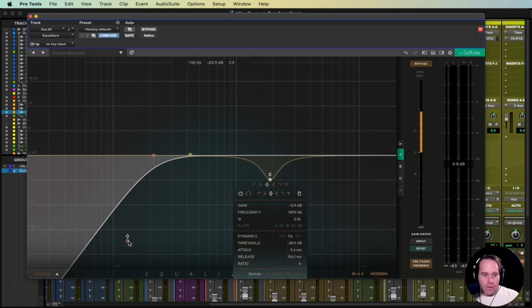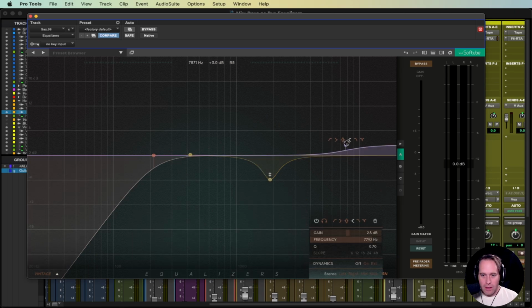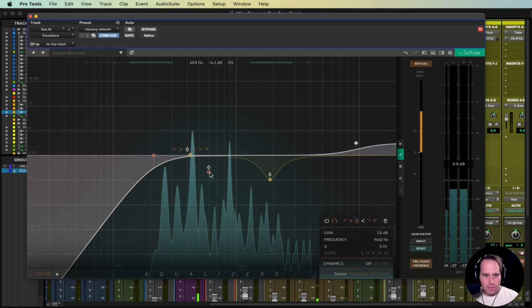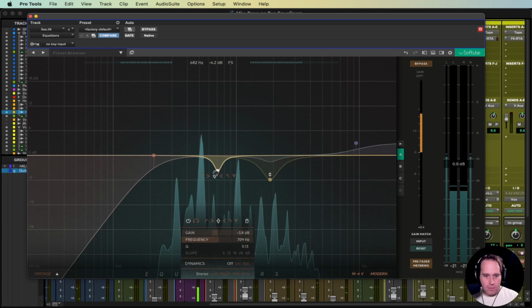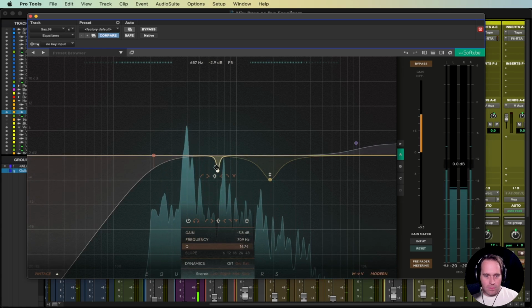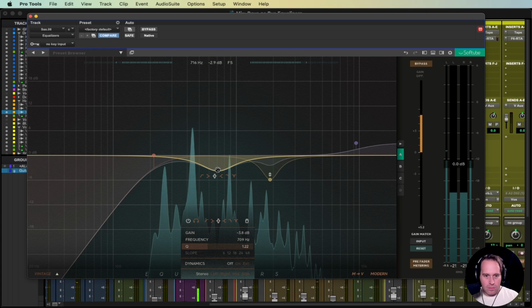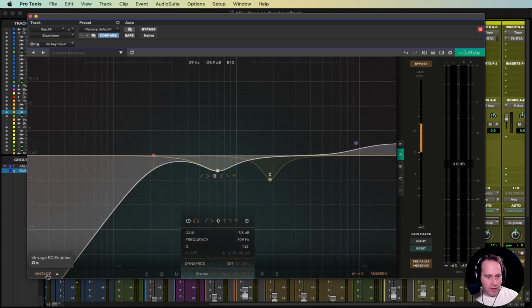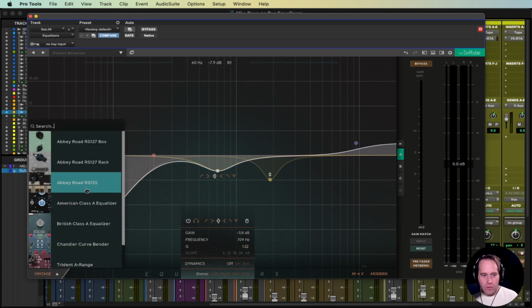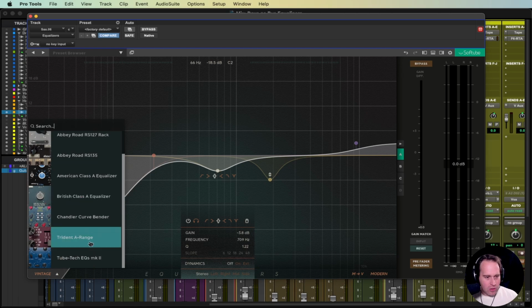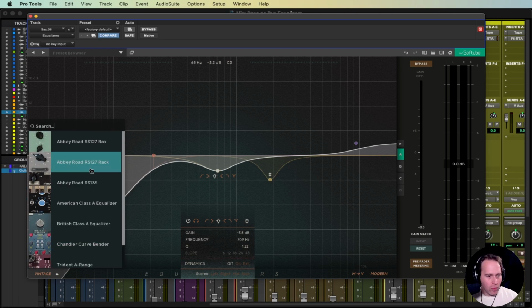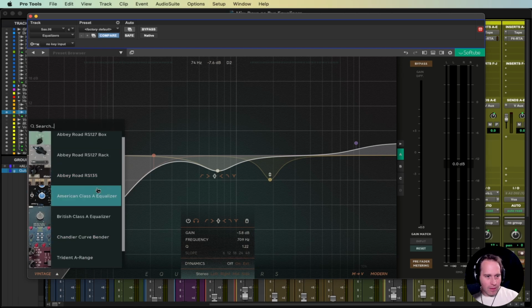Another great function on this EQ that makes it very different than the others is you can actually run two separate EQs. So you have your main EQ here, which you just played around with, super fast EQ. You can also add what they call their vintage EQs, which you can choose from any number of EQs that you already have, if you've already bought some EQs in the